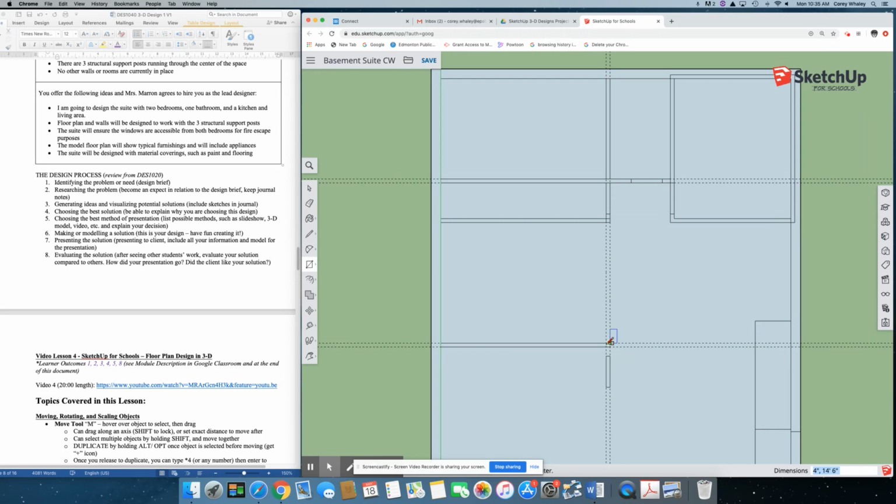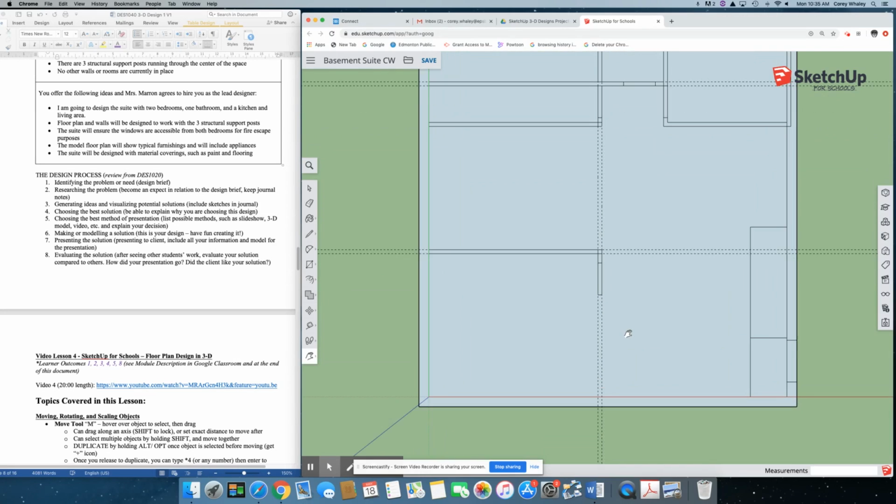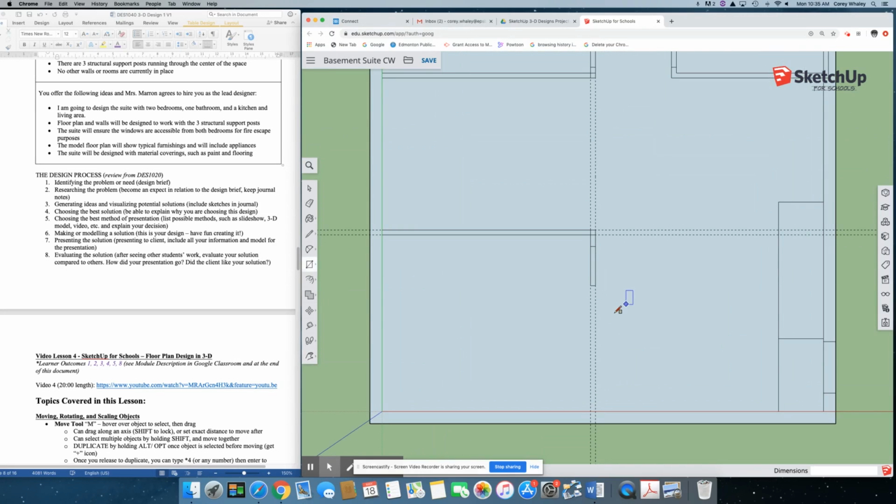Okay, so from there to there, that's going to be a rectangle. And then let's grab our hand tool just for that last little section. Zoom back in, rectangle. This will be the last wall section that we need, right to there. Okay, now we do need to put those support posts back in, but realistically, we could say, okay, that's a